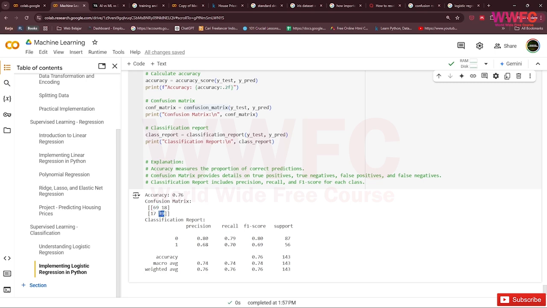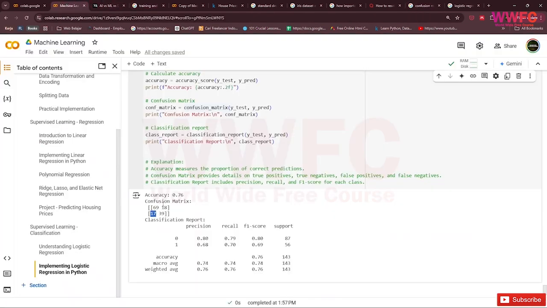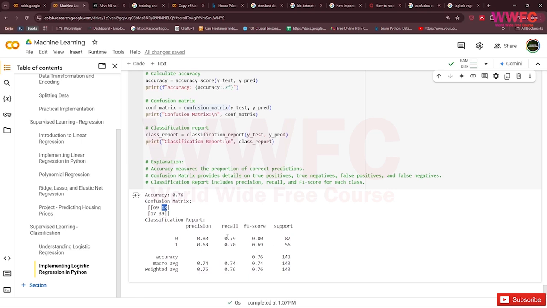So this is true positive and true negative, but this is a false negative, and this is a false positive. They did not survive, but the model predicted they survive.